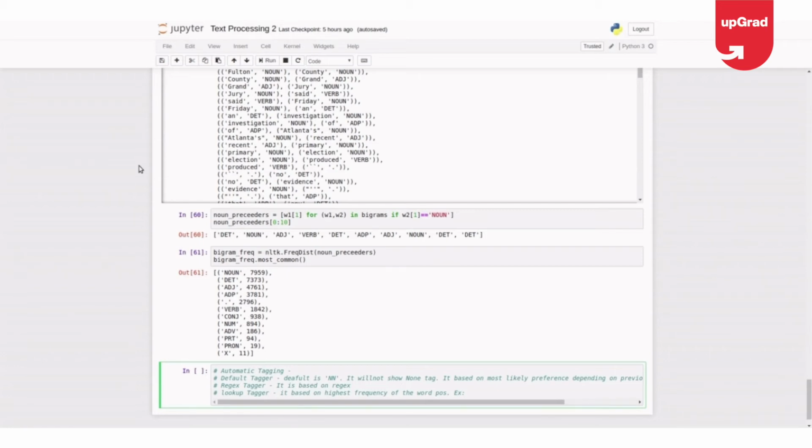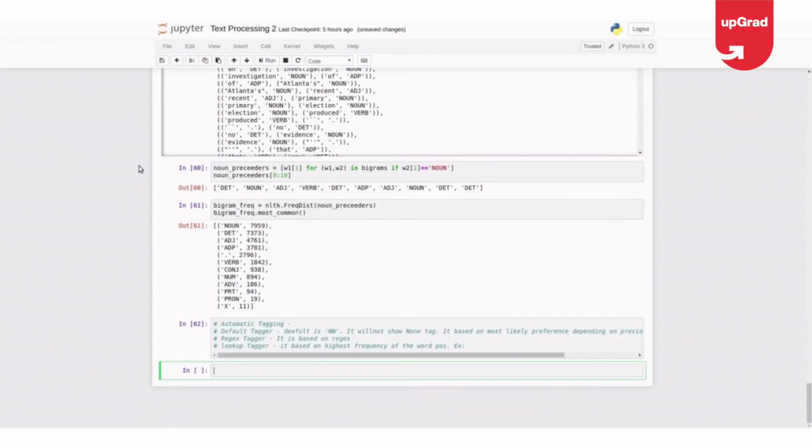So because it is highly tagged for adjective, even if I give a new sentence to the lookup tagger and ask what kind of tag is frequent, it will say by default it's adjective, because the highest count of frequency of POS was adjective. Okay, I hope it was clear what is lookup tagger. You can try implementing some use cases there.